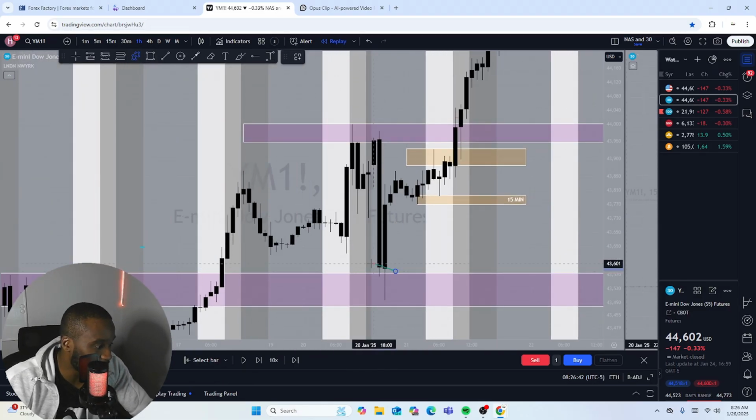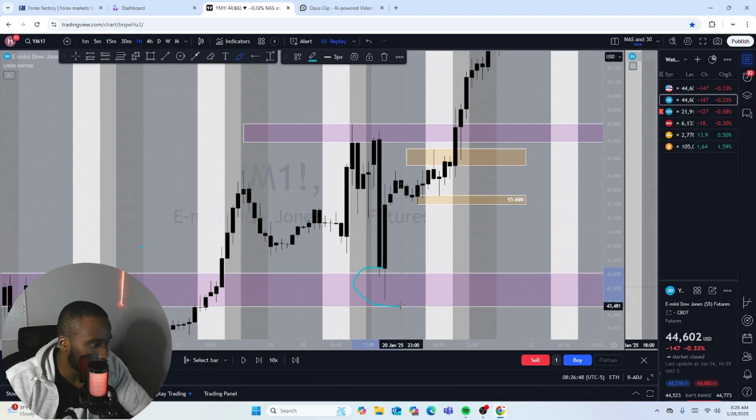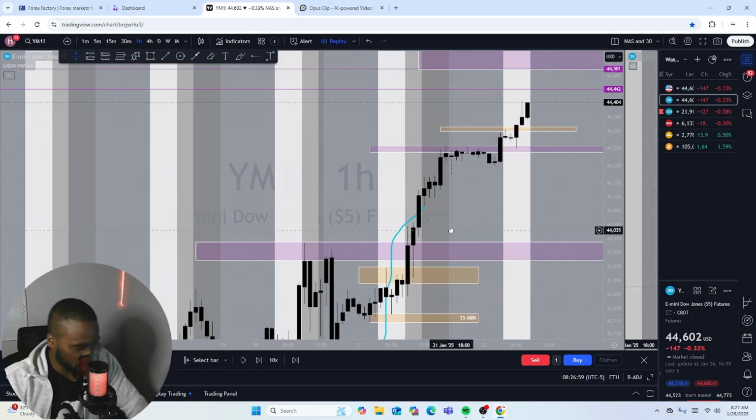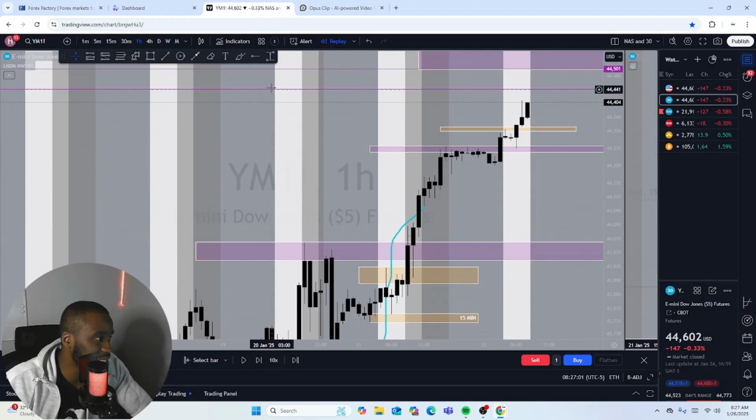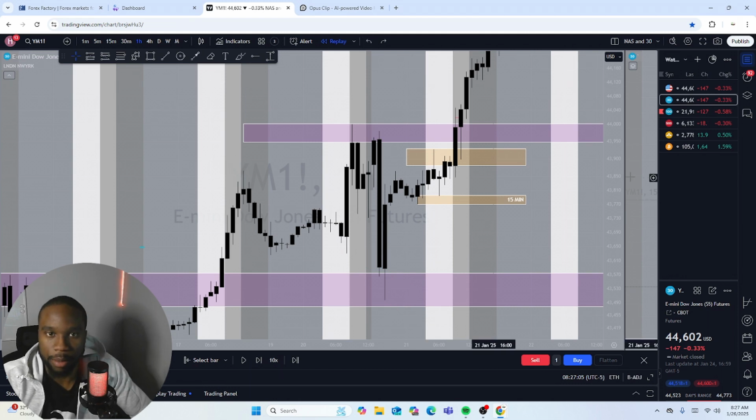When price came back down here, oh, that's the wrong two. When price came back down here, exactly where the buyers took over, we see where the buyers took over right here. Price came back here, it started bulling, it created a new high. So now we know that the wicks is where we can determine where the fight happens between the buyers and